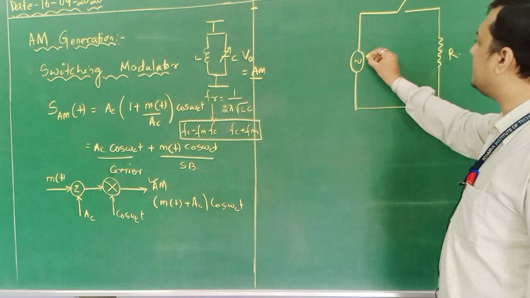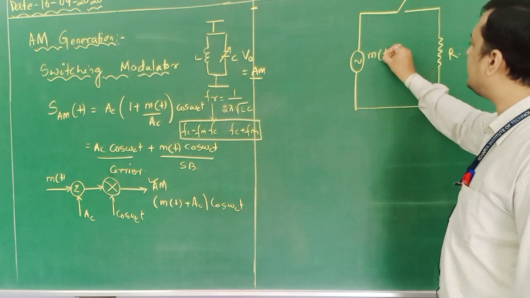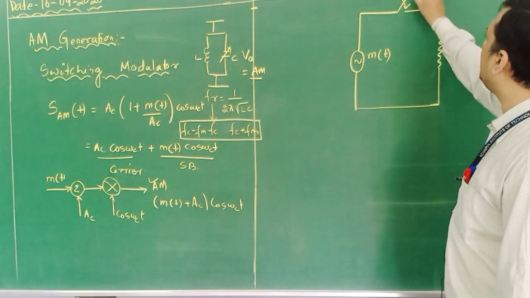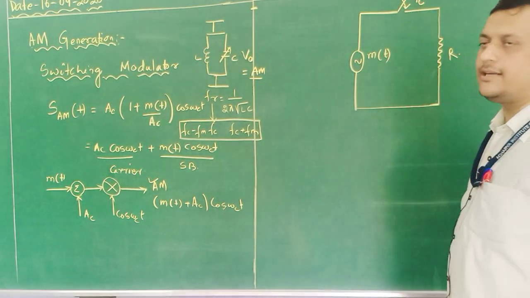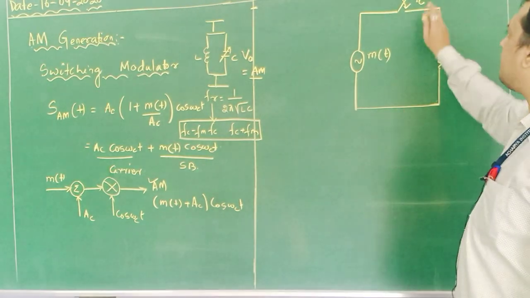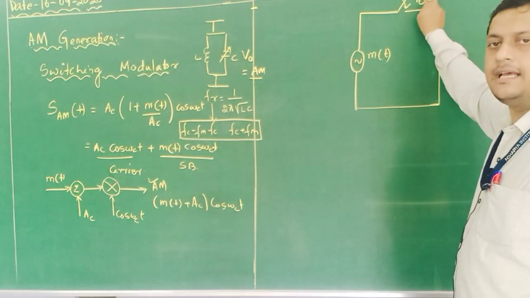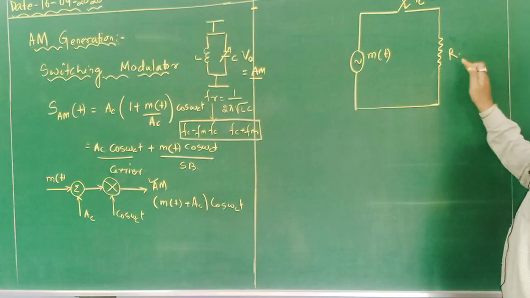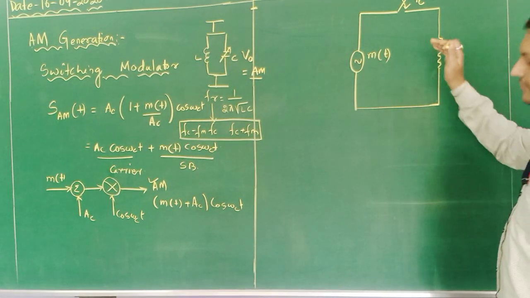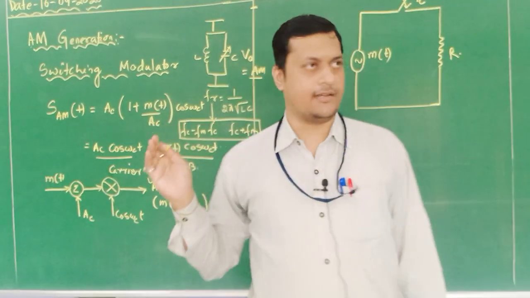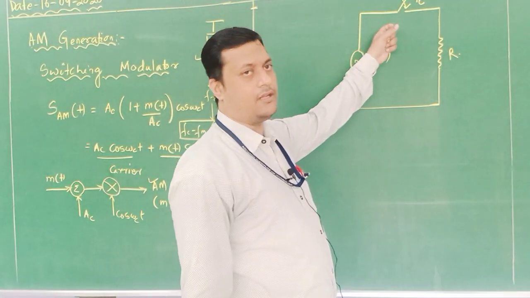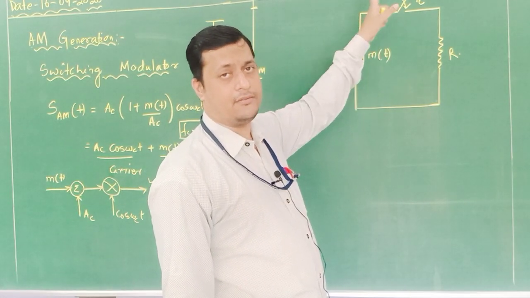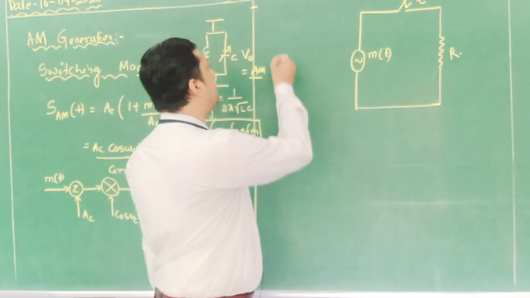So let us consider this is my message component, okay, and this is the switch which is regularly switched on and switched off for a time interval of Tc. Why I have chosen this Tc, we will discuss. And whatever output I get appears at the resistive part. Now using this switching circuit, I can modulate the modulating signal with respect to the carrier component. So for modulation,